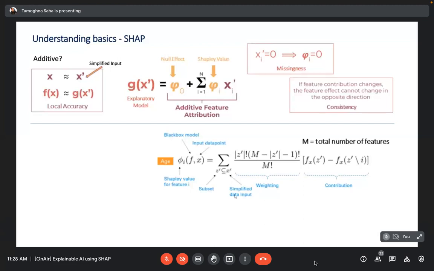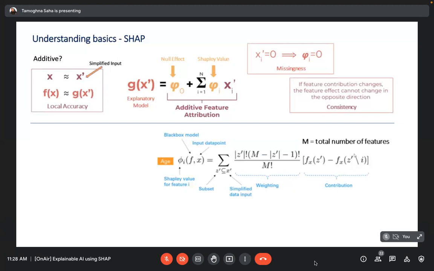And simplified input basically refers to those randomized sections that I was talking about, right? So what happens here is that this weighted score gets calculated in the form of a combinatorial kind of term, and this provides the weightage associated with that particular subset of records, provided a particular feature is skipped.